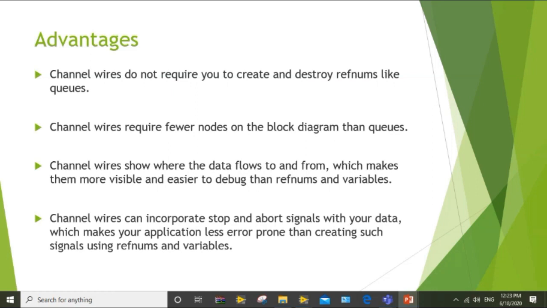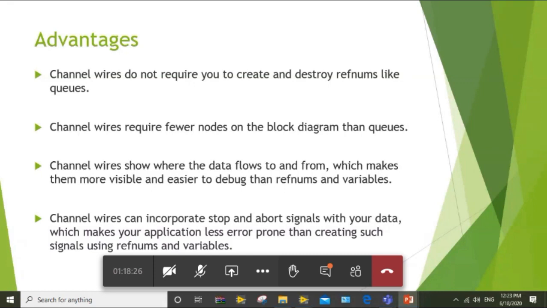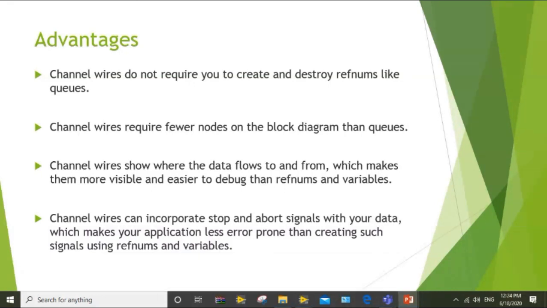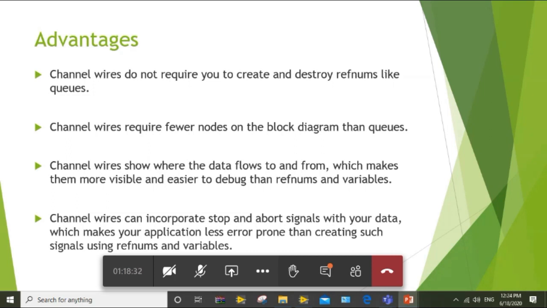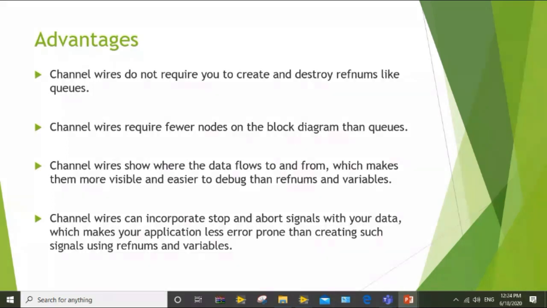When you connect the channel wires between the writer and the reader endpoint, you can visualize how your data is flowing from one section of the code to the other, so it improves readability. And the last thing I showed, that you can pass the stop value from one loop to another, helps avoid application related errors when you are using references and variables to pass these values.